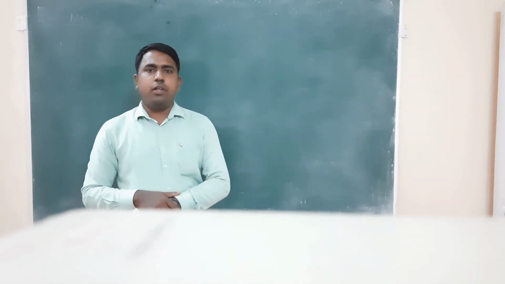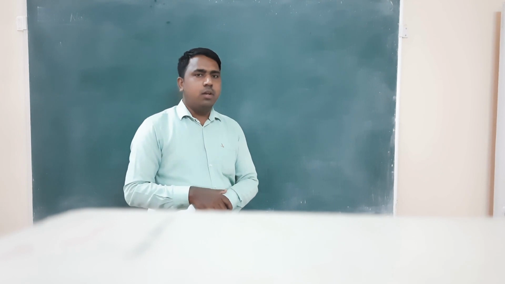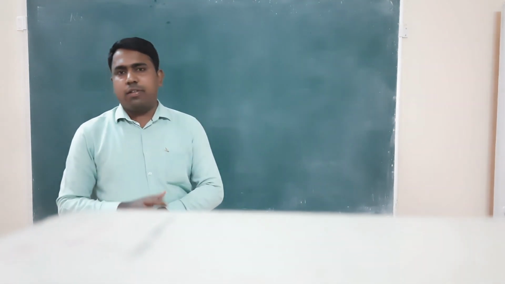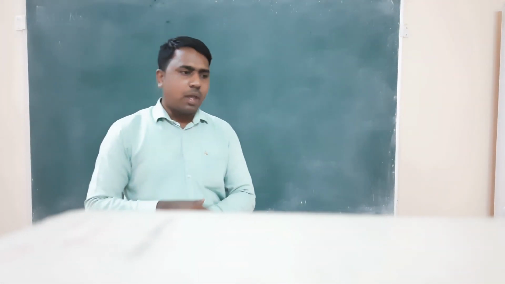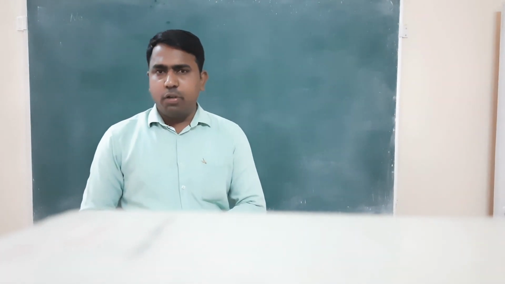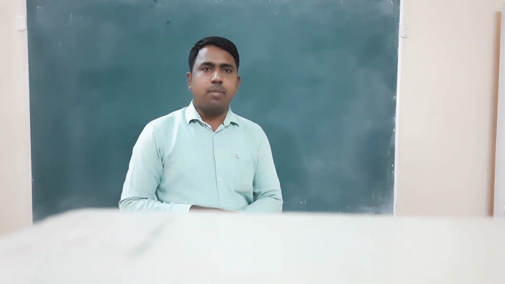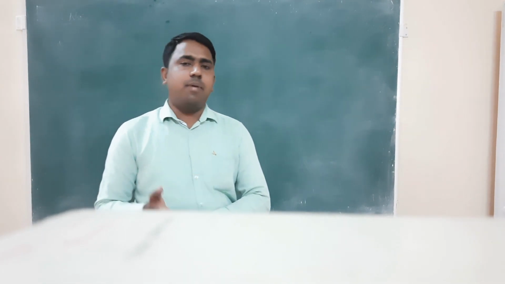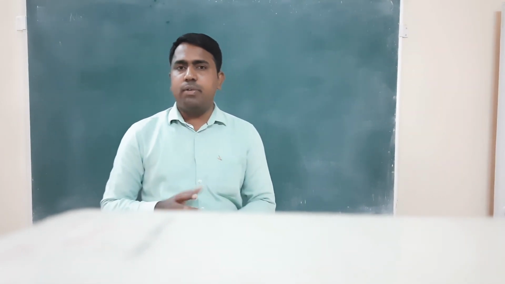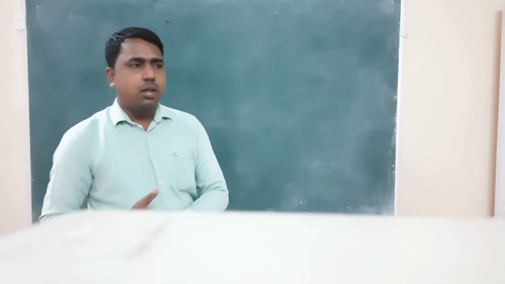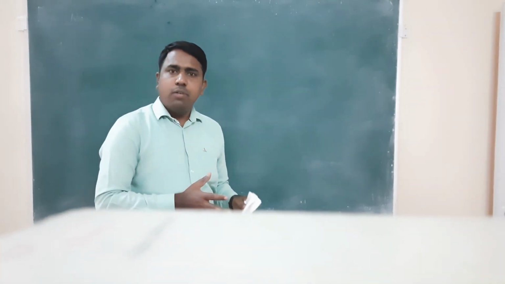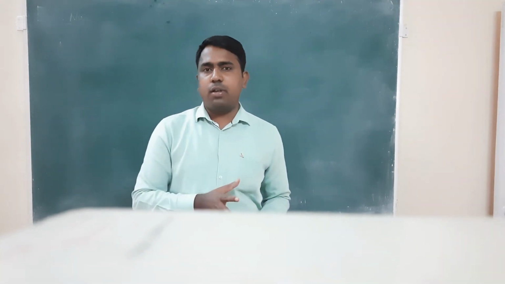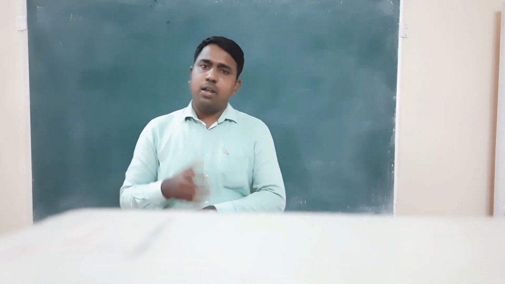Now the next part is to find out the results analytically and graphically. In the experiment, we have set the system to the equilibrium conditions, and there the resultant is 0 because the system is in equilibrium conditions. But now we have to verify by using the analytical methods and by using the graphical method. So firstly we will discuss how to verify the resultants, how to verify the law which we have set on the universal force table, how to verify those forces by using the analytical methods and by using the graphical methods.